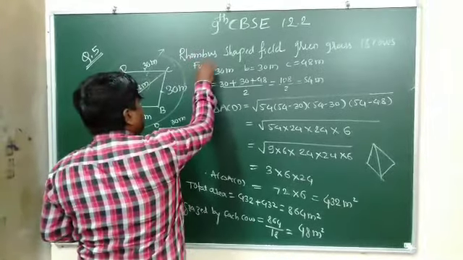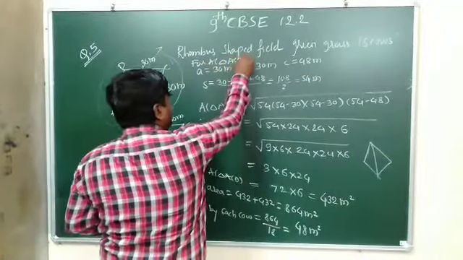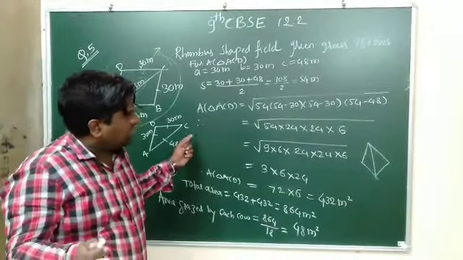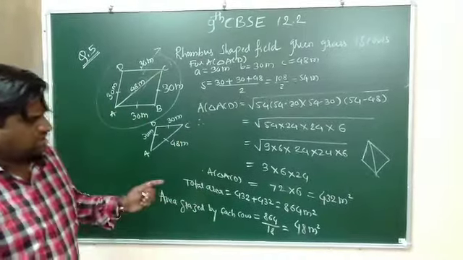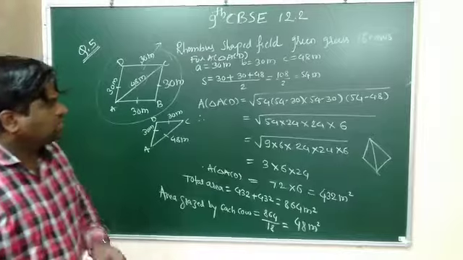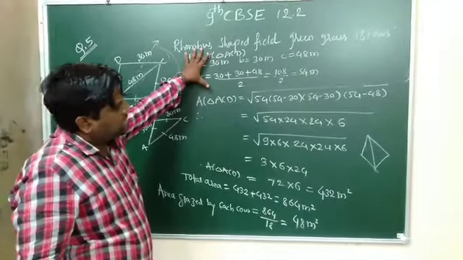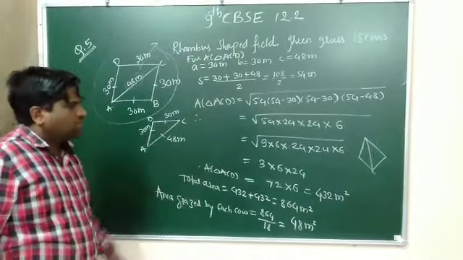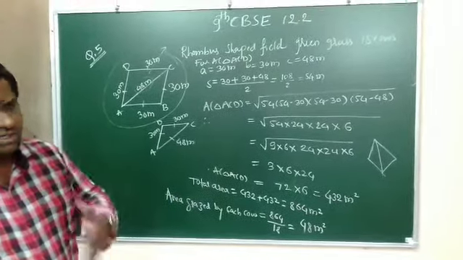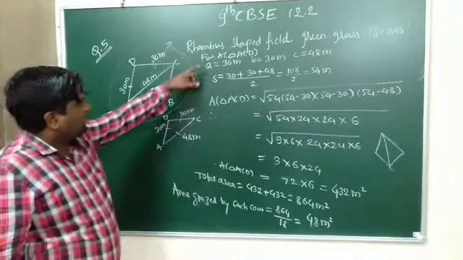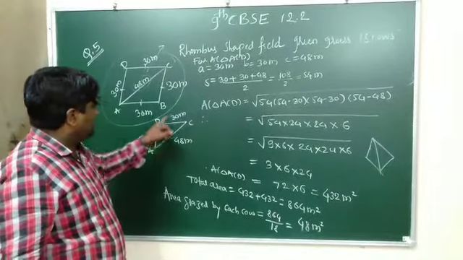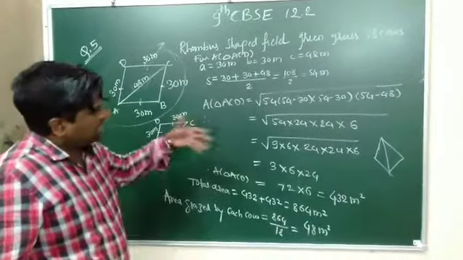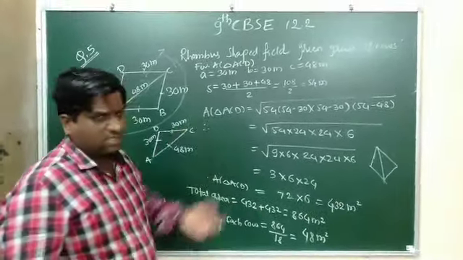Due to shortage of time, I am trying my level best to fit all the examples in a short video, so I have not dictated everything. While seeing this video, better you refer to the textbook and prepare notes accordingly. For the area of triangle ACD, this is A, this is B, and this is C. Even if you take A, B, C as per your convenience, you will get the same answer.